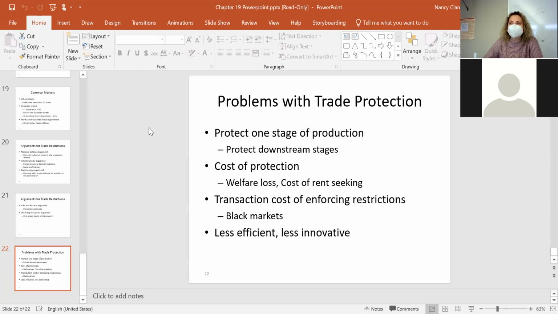And when you protect industries, you don't force them to be innovative and efficient. You sort of pad them against that. And we love innovation and efficiency in the field of economics, in the field of business in general, right? All right,